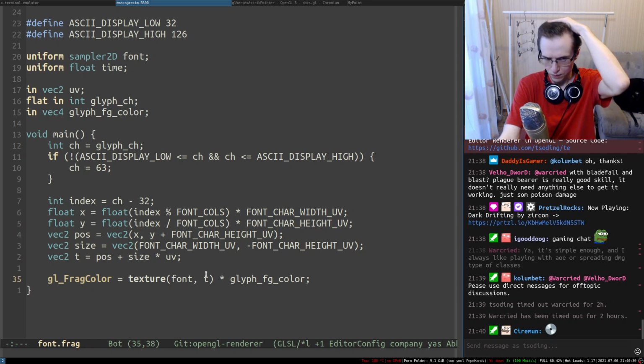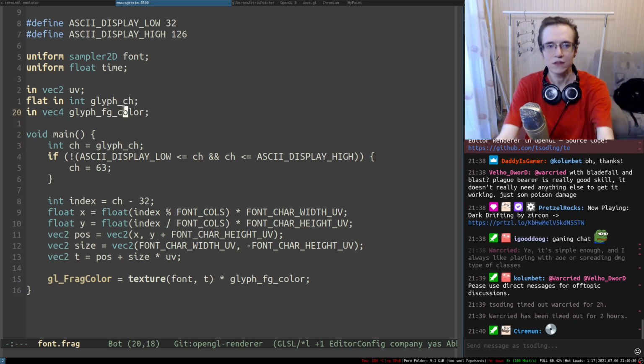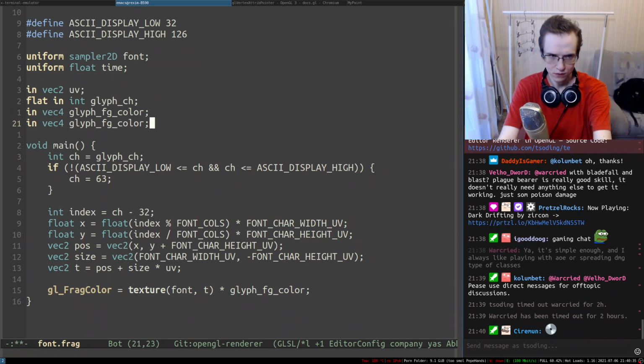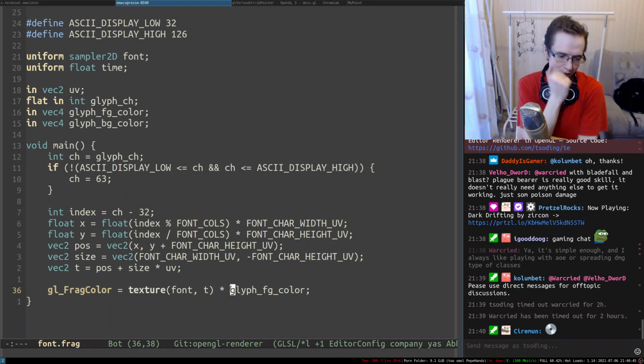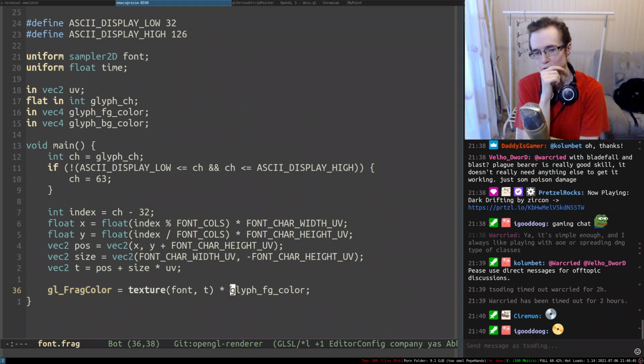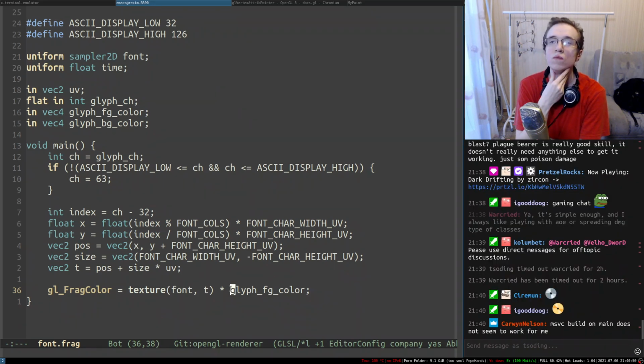And we want to replace all these pixels with the background color. There we go. And how can we even do that?